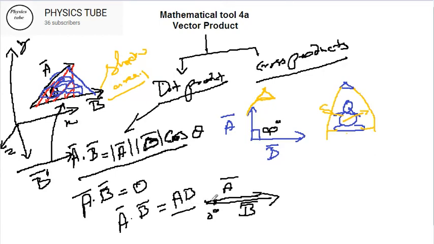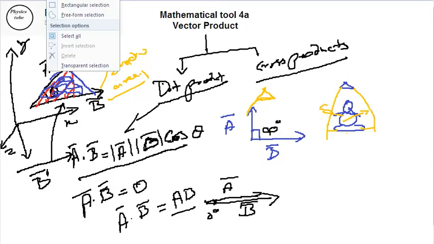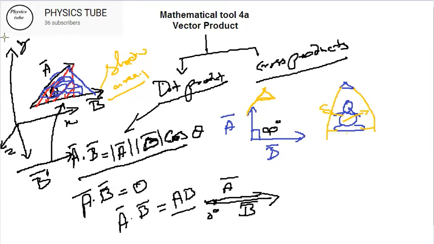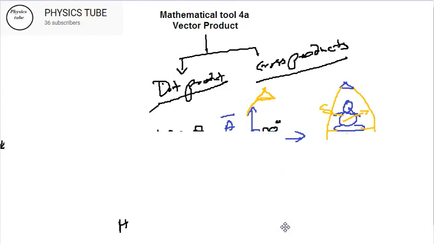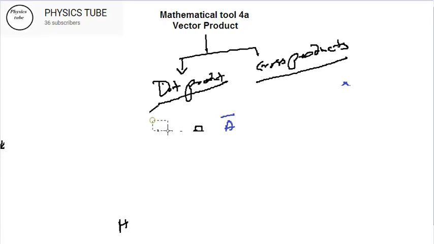Now suppose you are given a chance to discuss the dot product. You want to solve some problem with the dot product, and the method is also very important, because along with the physical meaning you have to apply the methods. Without method you cannot do anything. So I'll show you one method that will make you more comfortable with the dot product. Those in higher level, 12th onwards, don't need to see the dot product method because you are very habituated with it, but beginners coming directly from class 10th must see the dot product very carefully.